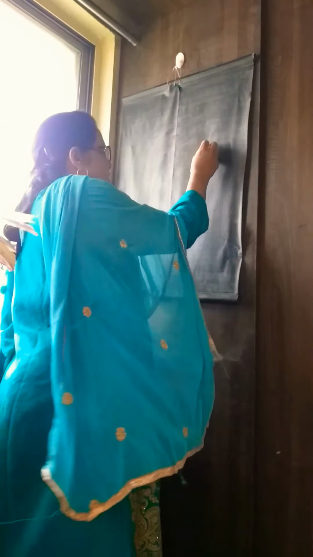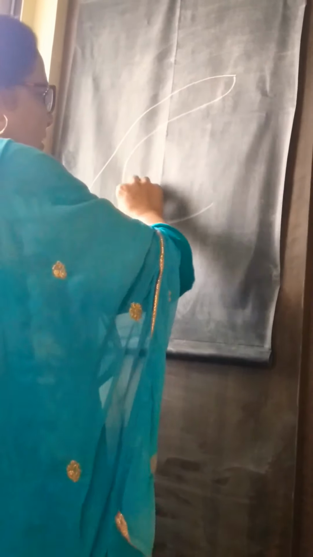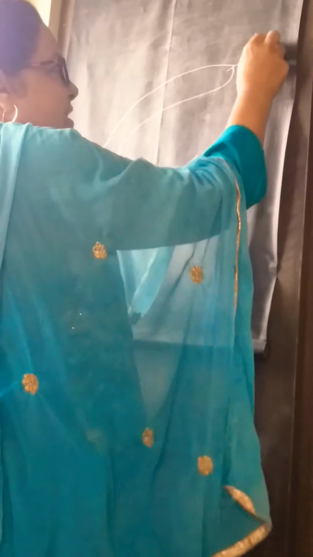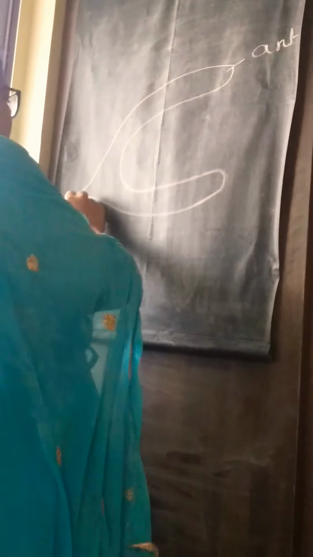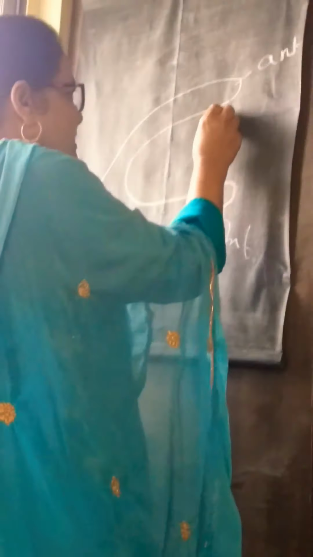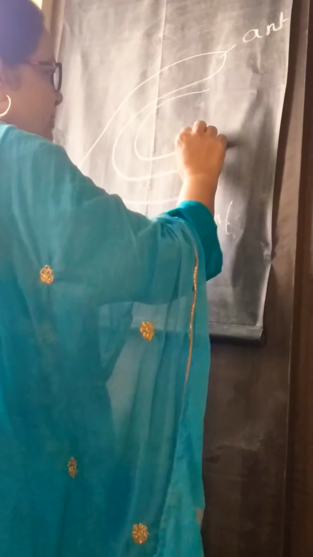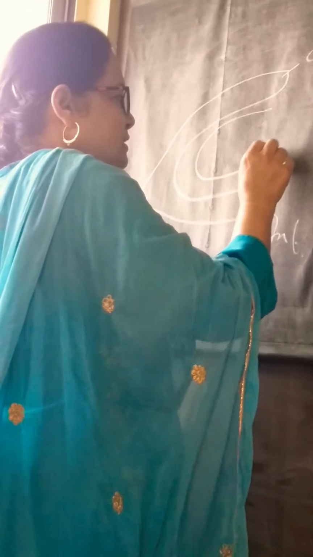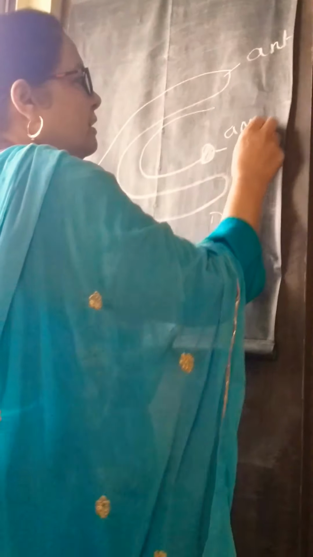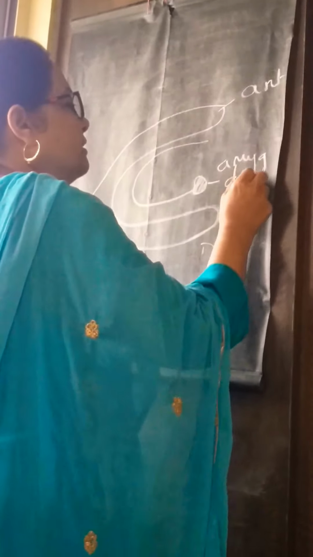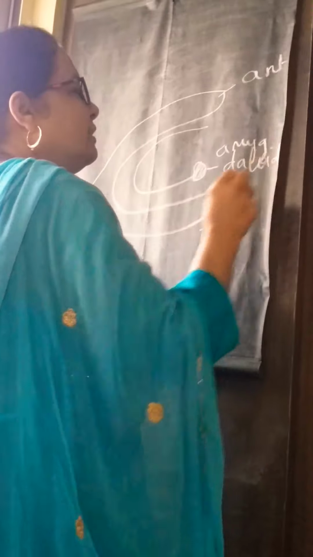Yesterday, when I was explaining the caudate nucleus: this is the lateral ventricle, this is the anterior horn, this is the posterior horn, and this is the inferior horn. Within this lies the C-shaped caudate nucleus, and at the tail end of the caudate nucleus there is the amygdaloid body.